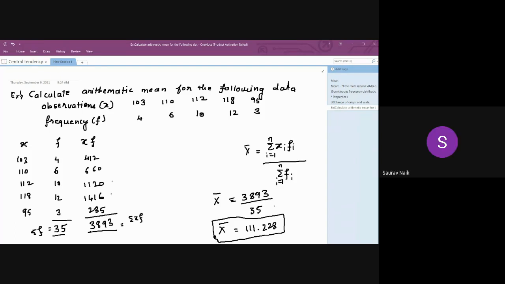Sir, I had one doubt. Sir, in the third case, I'm talking about measures of central tendency. You told the reason why we write xi and